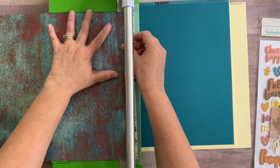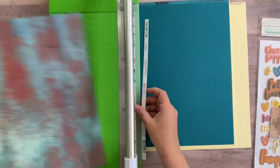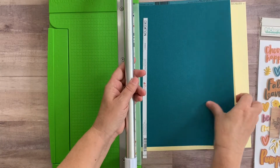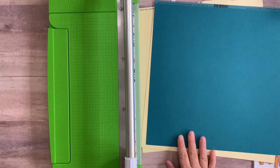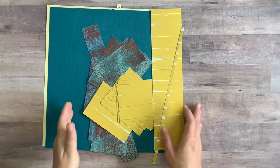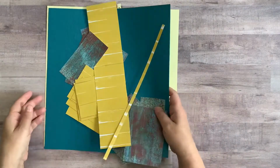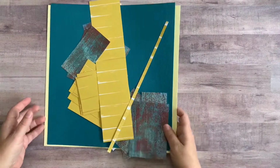So your kit is going to come with 2 pages of full color instructions, and there are cutting guides on them that show you exactly how to cut your papers. So you're going to follow those cutting guides, and I'll be right back when I get all my papers cut. Okay, so I have all my papers cut. There's quite a bit of cuts, and I am just going to put all of these cut papers off to